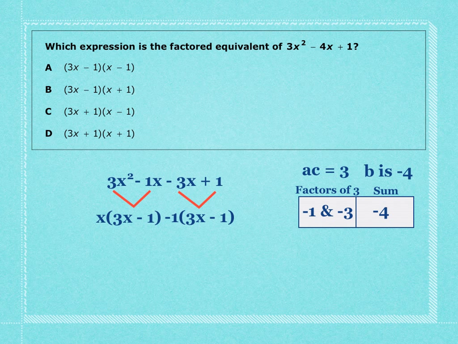Now that I have both of these binomials are 3x minus 1, I can bring out the constants in front of them and I can combine them to create another binomial. So I have x minus 1, which are the two terms that are being multiplied by the binomial 3x minus 1. So I can combine them and have x minus 1 times 3x minus 1,